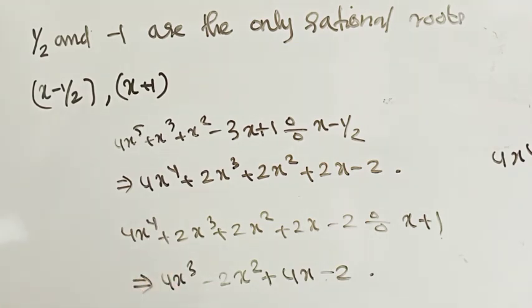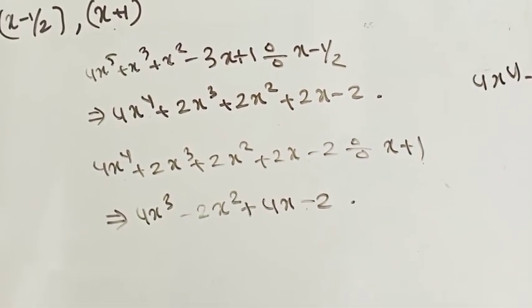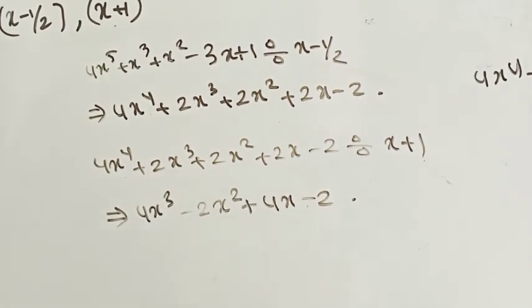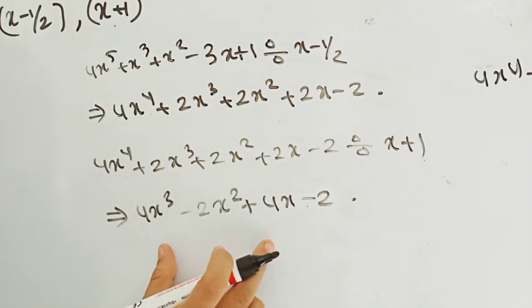Okay, similarly by dividing this equation 4x raised to 4 plus 2x cube plus 2x square plus 2x minus 2 by x plus 1, we will get 4x cube minus 2x square plus 4x minus 2. Here we have got a cubic equation. Am I right? To get more roots of this cubic equation,